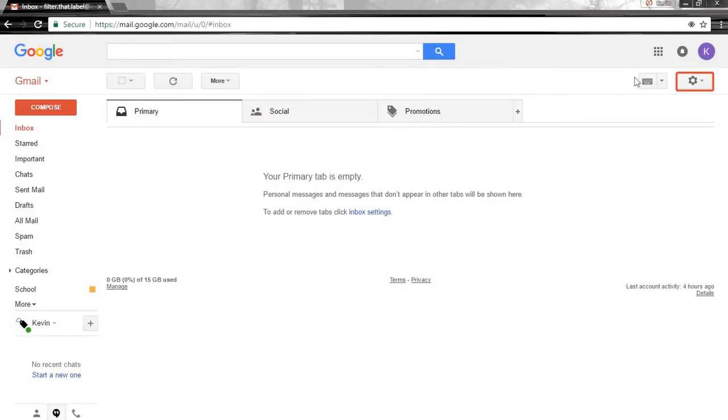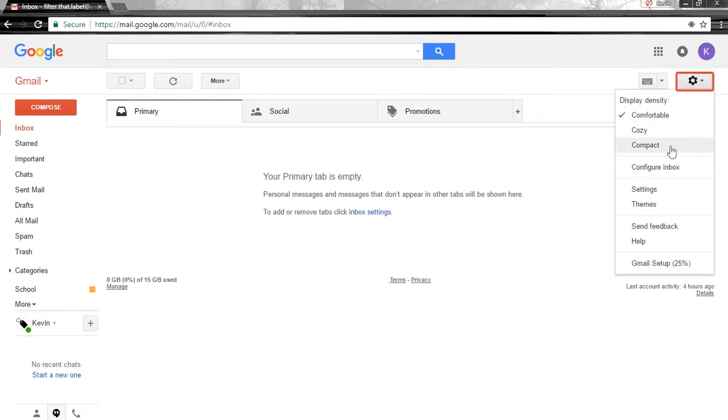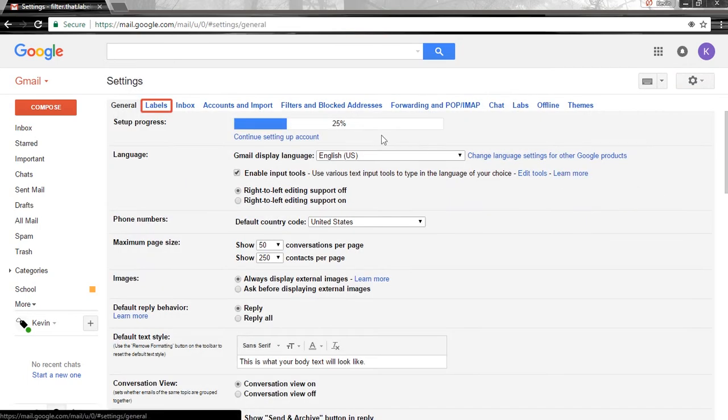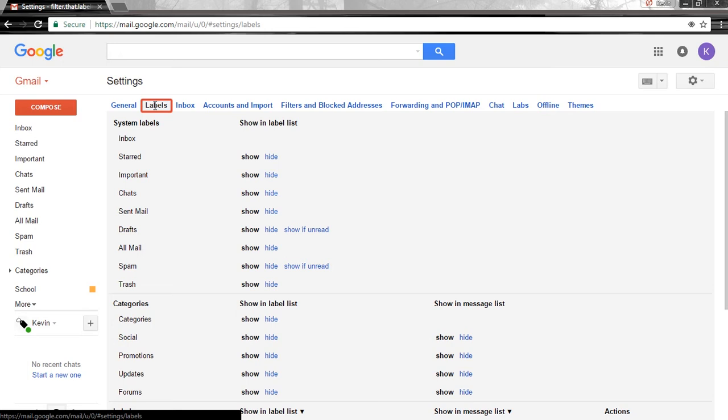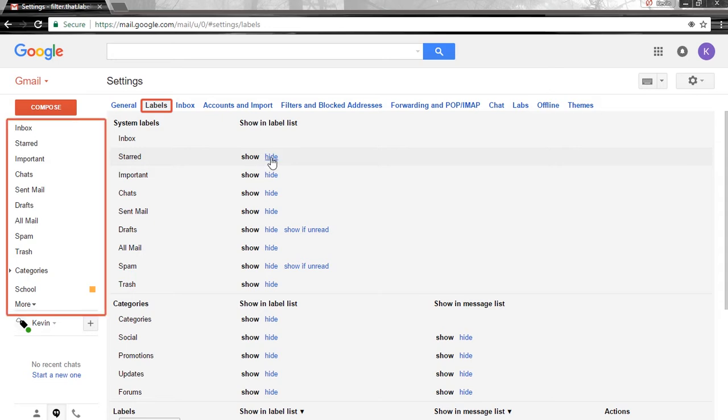There are many ways to manage your labels. The first is to use the settings icon in the top right of your screen and navigate down to settings. Click the labels heading. In this view, we see our system labels, categories, and created labels. Remember that system labels are those provided by default. These cannot be deleted, but you have the option to show or hide these labels in the label list area